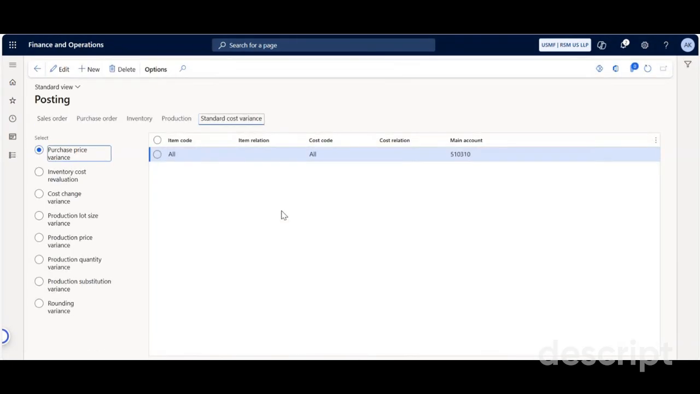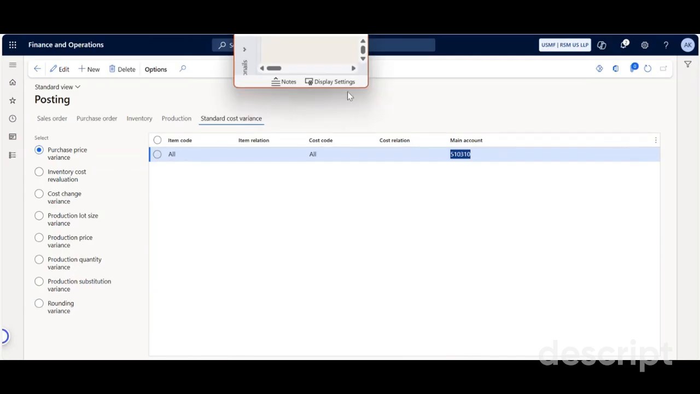Then you have standard cost variances. These are all your different standard cost variances, and this is where the system knows where to post those things to. So their PPV went to this account here because of this. Hopefully you're following along with me here. All right, so that's the basic piece of it. Now we're going to hop back over here to